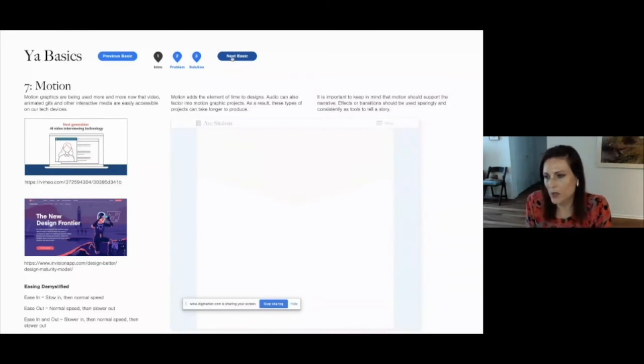Adding time to a design tends to add time to the project. It's just another element you're adding with animations and effects and transitions. It adds a level of complexity, so it takes a little longer sometimes to achieve.